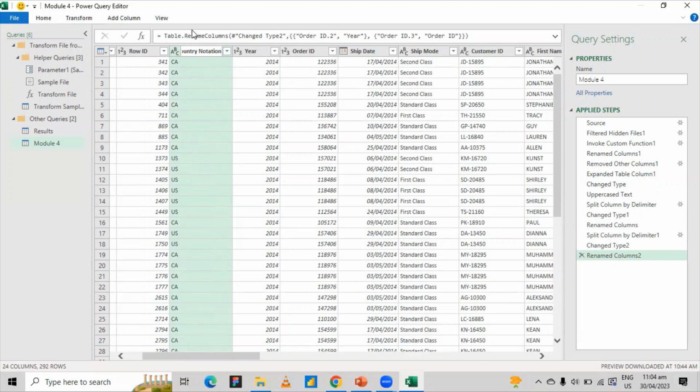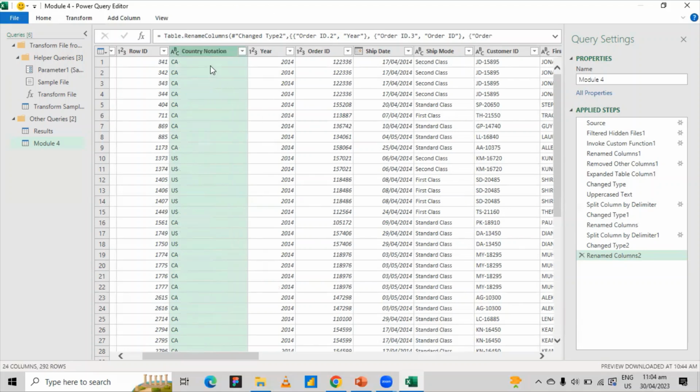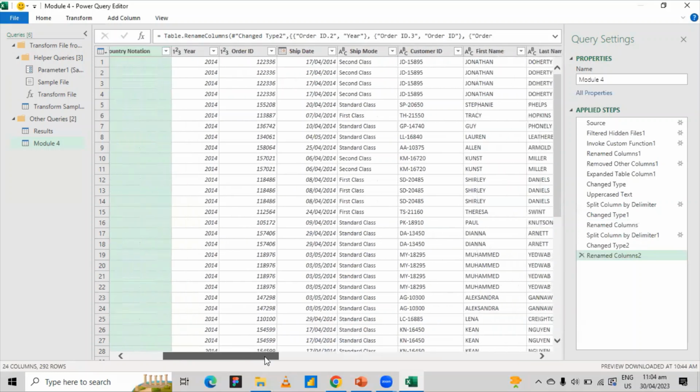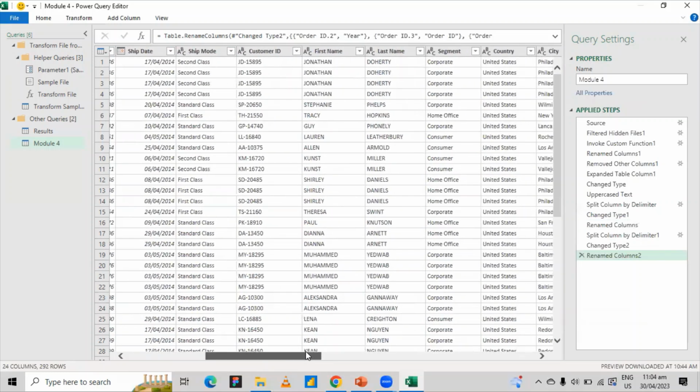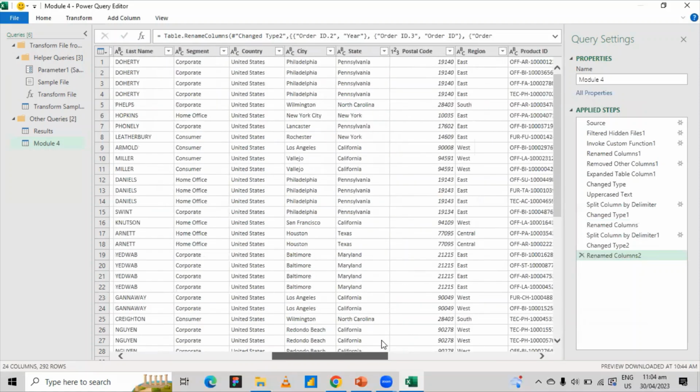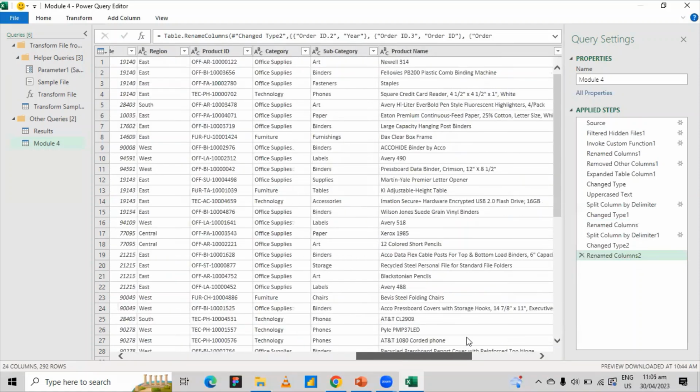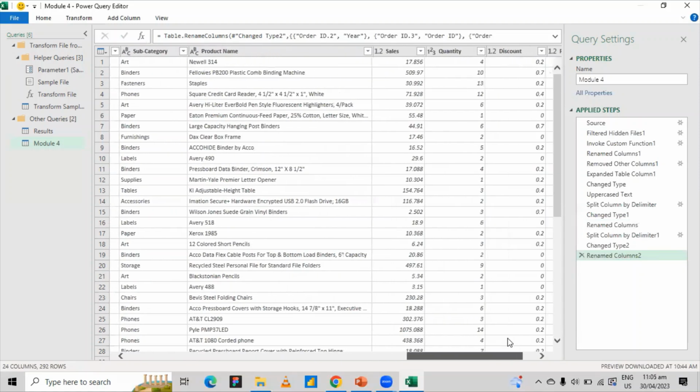I'm just calling it something, just to give a proper naming convention. So let's say, for example, this is what I actually want. So now we know how to split columns in Power Query. Now, another thing we could also do is to